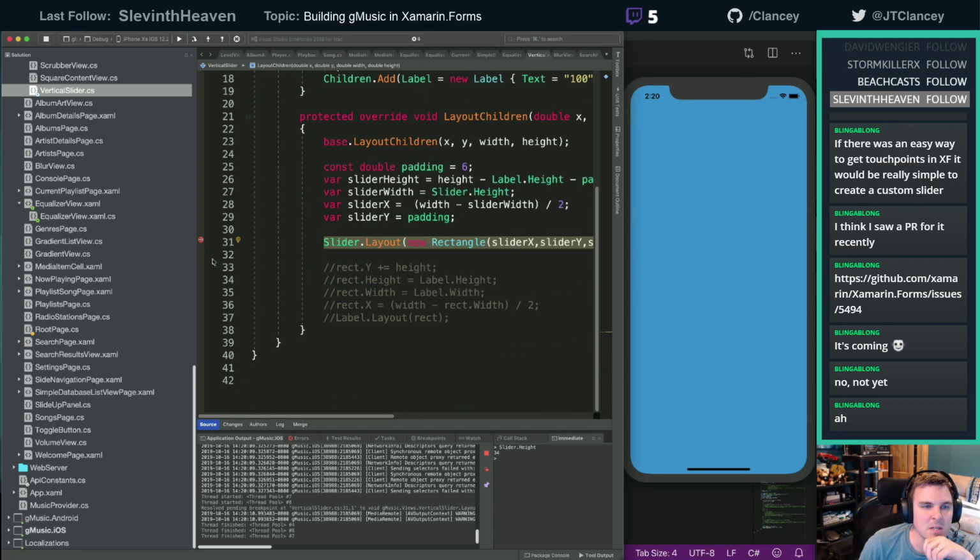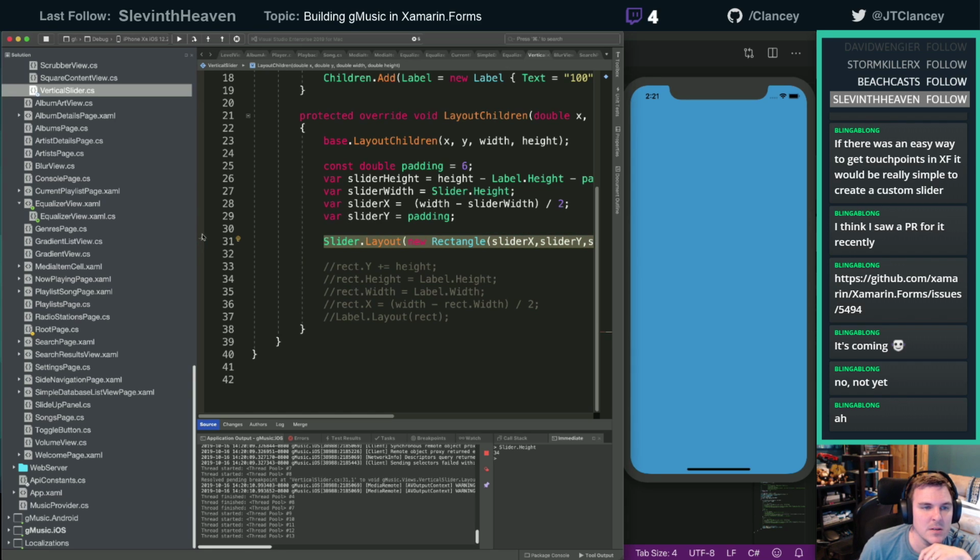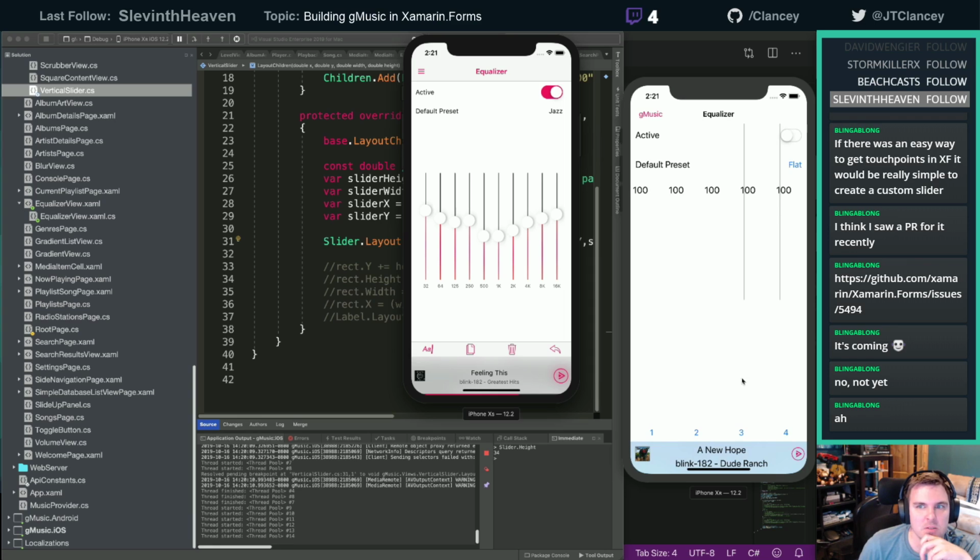All right, let's see what this does. So now our rectangle, we have our height is that, width, x, y. All right, that's looking good. Let's see how it lays out. Ah, those are still way off in the middle of nowhere. I wonder if I should custom render this. This should not be that difficult.